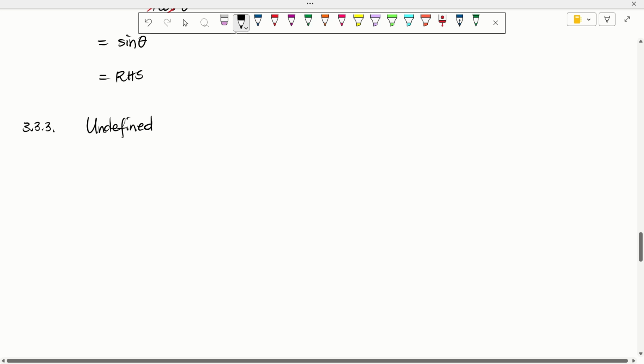Undefined is whenever you are dividing by 0. So this means division by 0. You don't have a solution whenever you're dividing by 0. So if I look at my identity here,